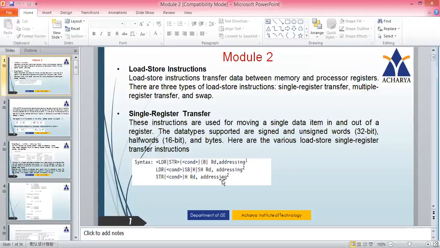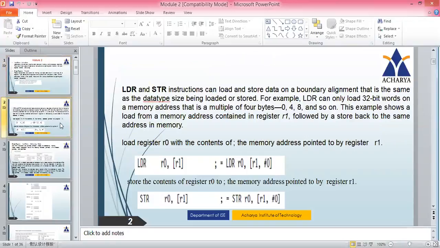There are different types of addressing. The same thing here also, we can see LDR. This is either LDR or STR. Now let's take LDR and condition. And what are the different types? Here we can have data types. It can be signed byte, half word, or signed half word. And again, it is the destination and the addressing mode. Store is again the same thing: condition, and here we can have half word, and then the destination. And this is the syntax. So let's see it with examples.